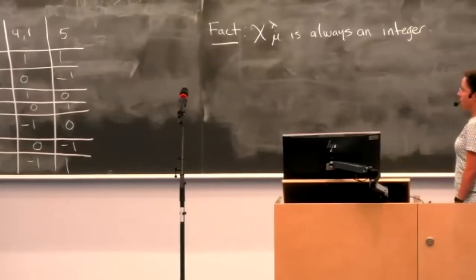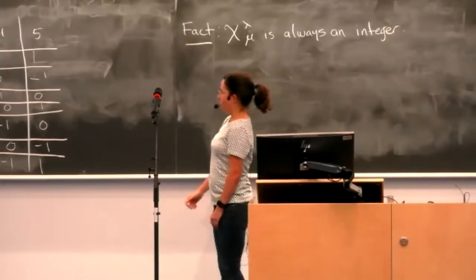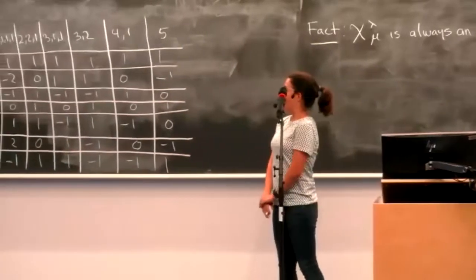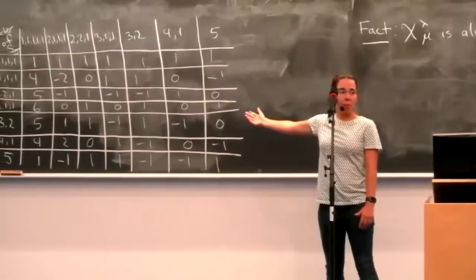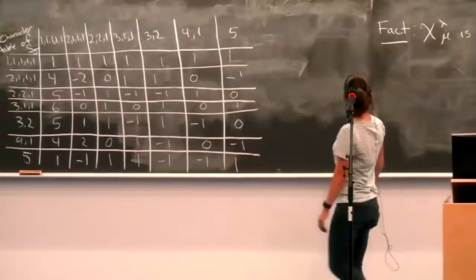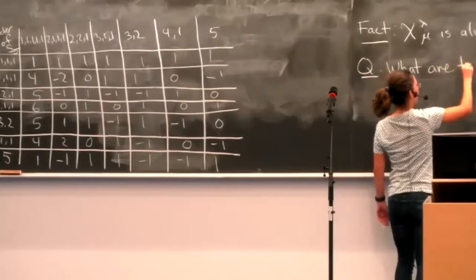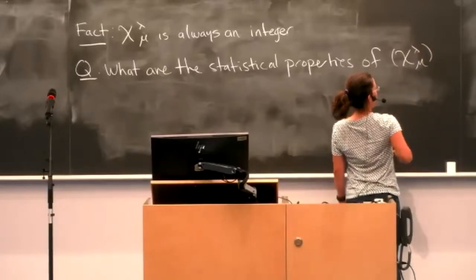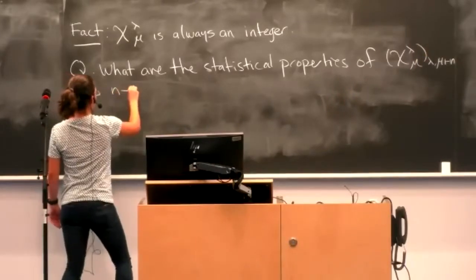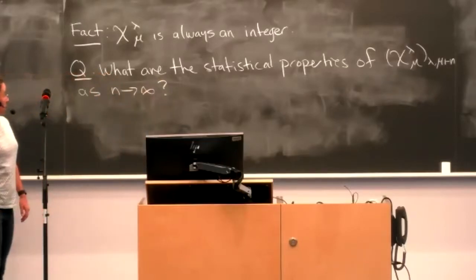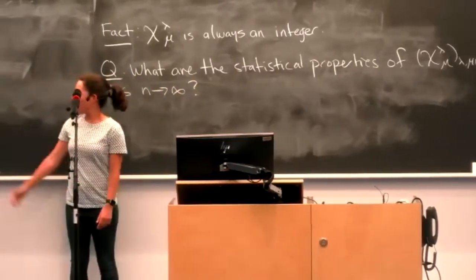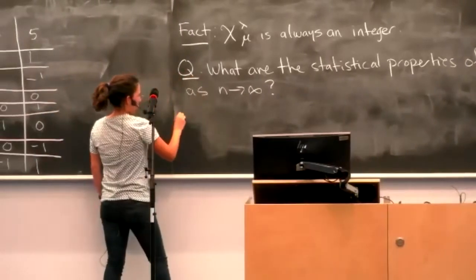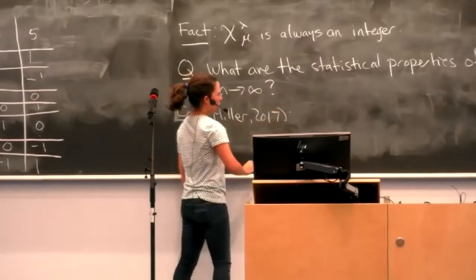Okay, so then if you're a number theorist, and we have this nice family of arrays of integers, then it's natural to ask what are the statistical properties of these integers as n tends to infinity? What are the statistical properties of this array of character values as n tends to infinity? Okay, and so the most basic question you can ask is how many of these character values are even and how many are odd? So Alex Miller, based on computational evidence, conjectured that